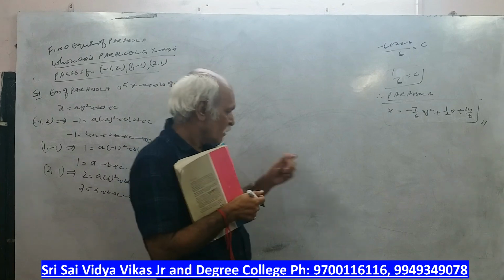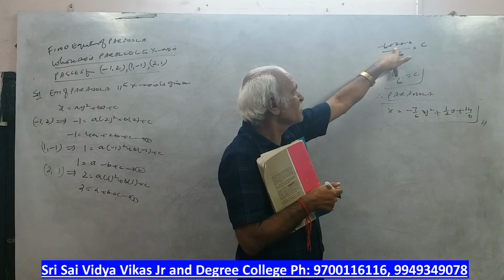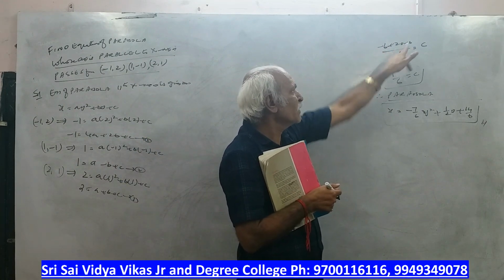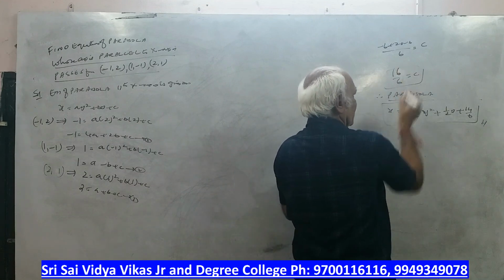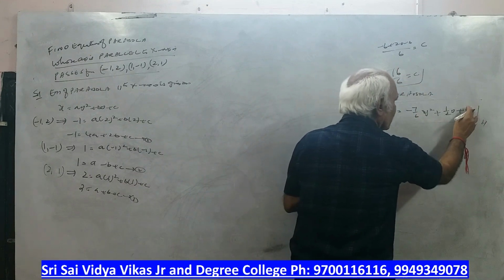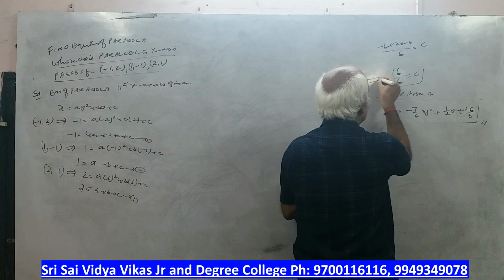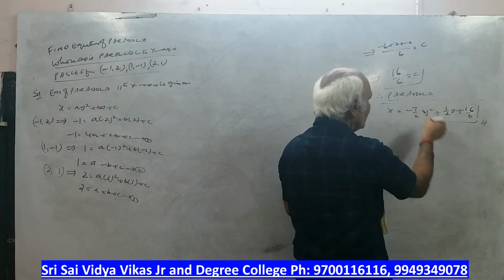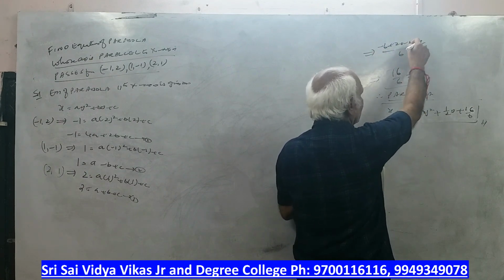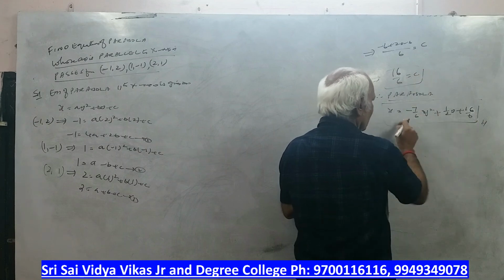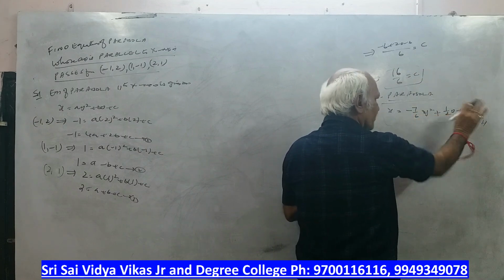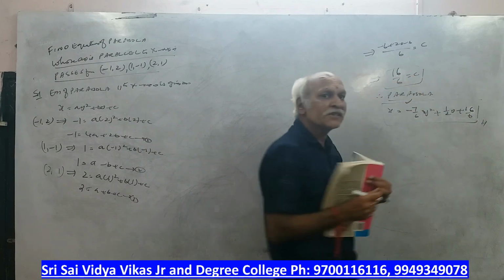Okay, here small mistake is there, sir. Minus 6 plus 28 minus 6 means minus 12 plus 28 is 16. It is not 14. So 16 by 6, so it is because only small change. There is a correction in the just previous video. Here minus 6 plus 28 minus 6 means 16 by 6 is c. Therefore minus 7 by 6 y square plus everything is same, sir. Only c value is changing. Okay, note down.